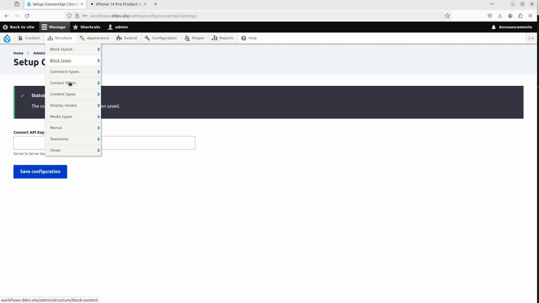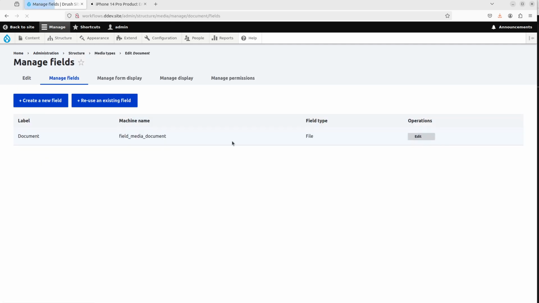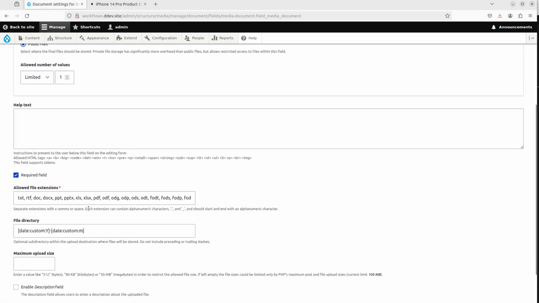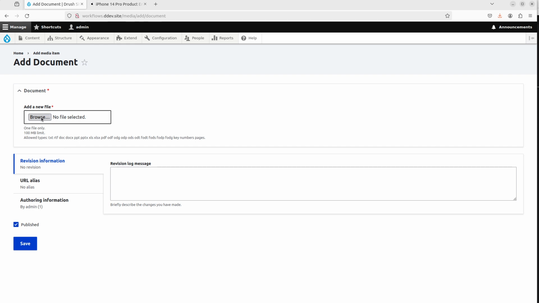So now we have set up that, so we actually have a media here now. There is a document already where you can upload documents, right? And this takes PDF, so we can just start by trying this out. We're just gonna add a media here that's a document. I'm gonna upload this